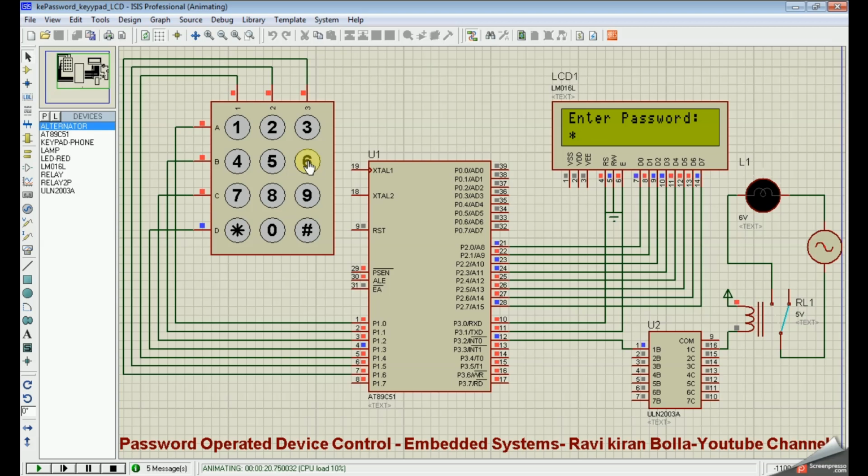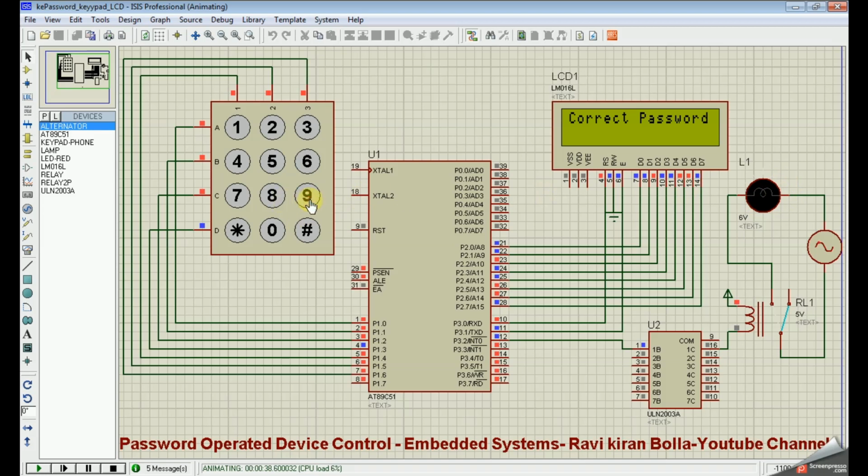Let's check that. 6666. So now, correct password, the device turned on. See the bulb. If you enter the correct password the second time, then the device will be switched off. So now it is switched off.